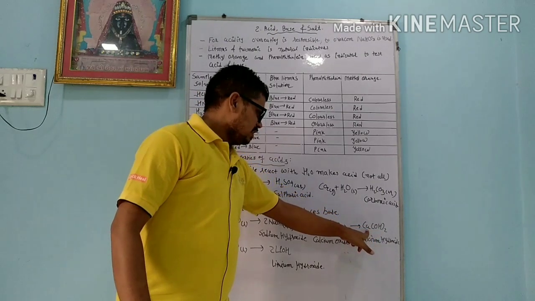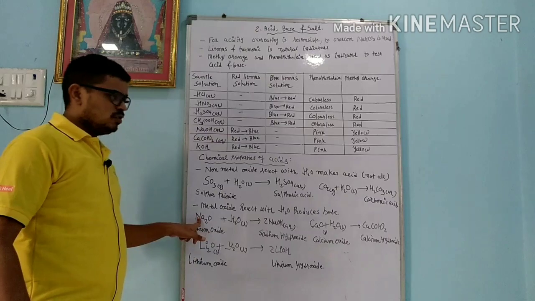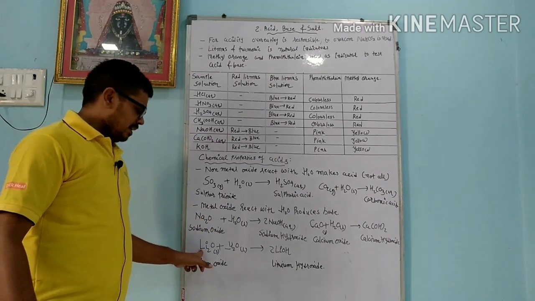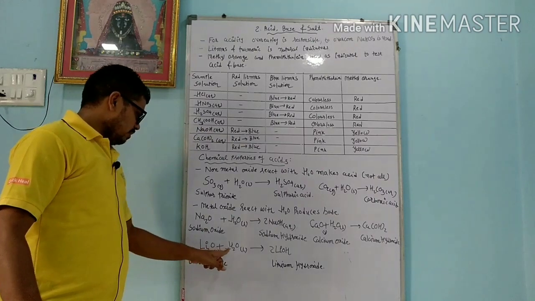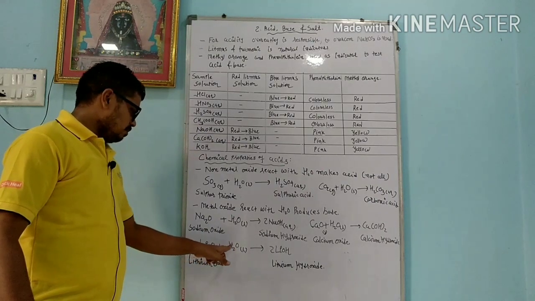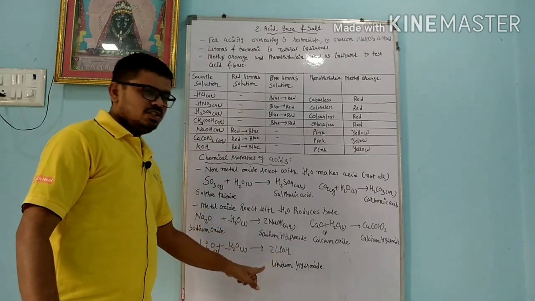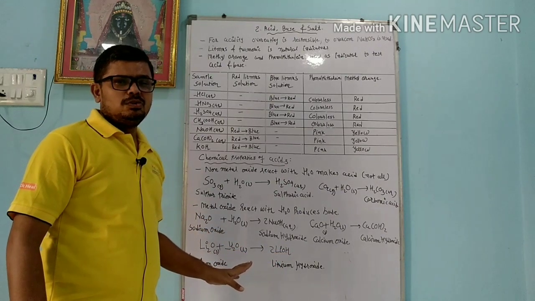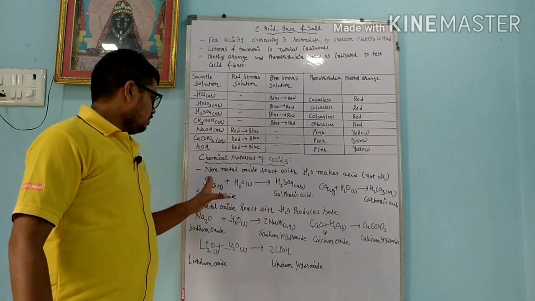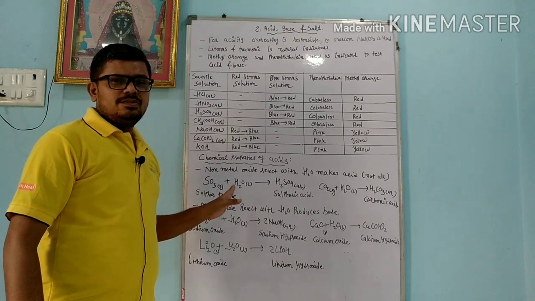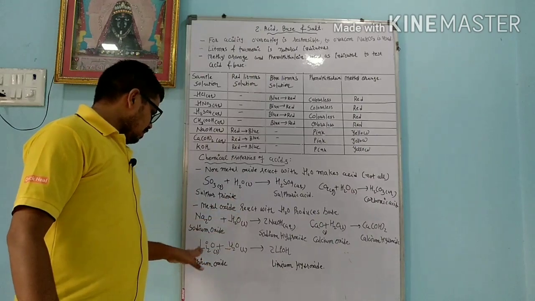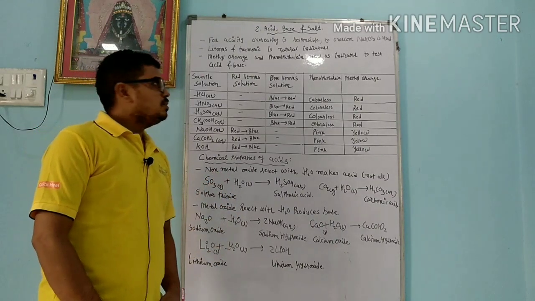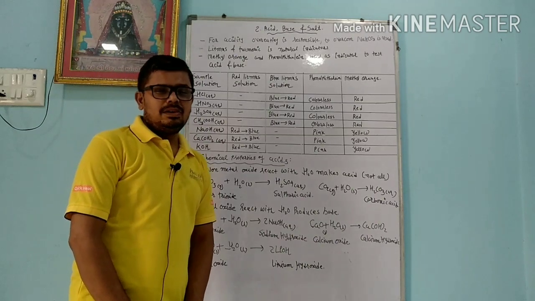Here you can see this is the metal. In the same way, sodium is also a metal, so this is a metal oxide. Lithium oxide, Li2O, reacts with water. Lithium oxide plus water gives 2 moles of LiOH, lithium hydroxide. So most probably all metal oxides produce a base, and non-metal oxides produce an acid. Remember that lithium is used in mobile batteries. So this is all about some properties of acid and base.